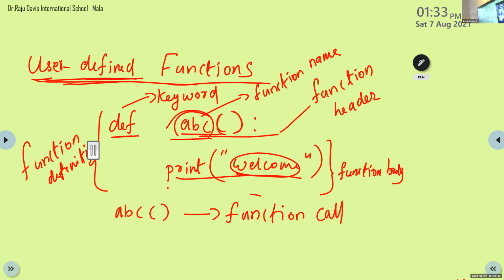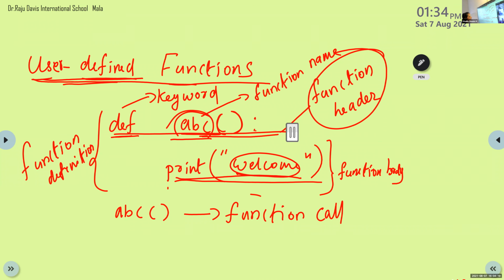Tushar, what is the function header? Ma'am, the line which is over there. Which one? Under the ABC one, under the keywords. This one is the function header. The first line of a function definition is known as the function header.